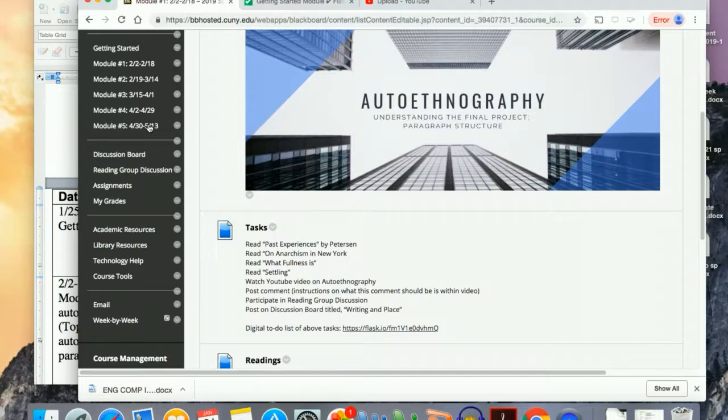The reason for this is I found last semester that folks would just watch the first 5 minutes of the YouTube video or just the last 5 minutes and really miss the goal of the instructional video. And so rather than saying respond to the YouTube video in any way you see fit, I will provide instructions within the video, but that means you actually have to watch the video to know what your comment should be